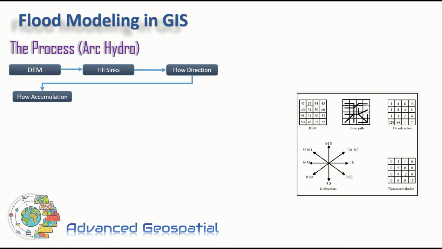So flow accumulation, what is the flow accumulation? Flow accumulation means the cells where the water will be accumulated. This is very important to understand which cells are more drained in. There could be some cells in the lower elevations where all the water will be coming, and it is measured as a number of cells, how many cells are drained into the cell. So the input will be the flow direction, and we get the flow accumulation, like how many cells are draining into this, like 5, 1, 2.